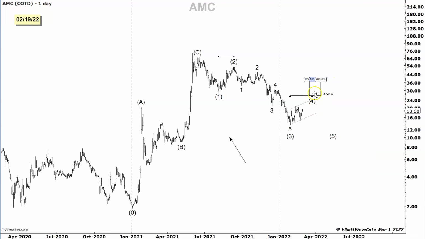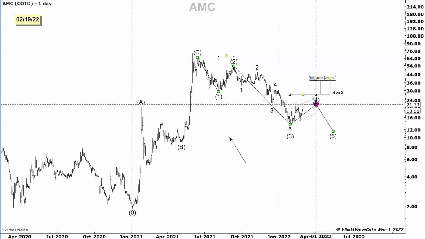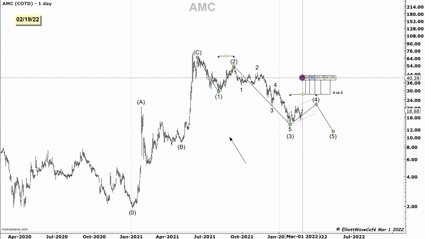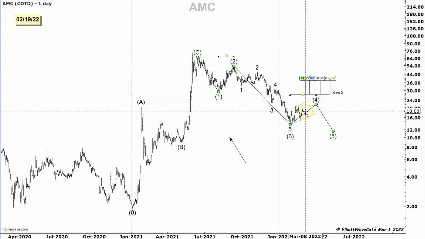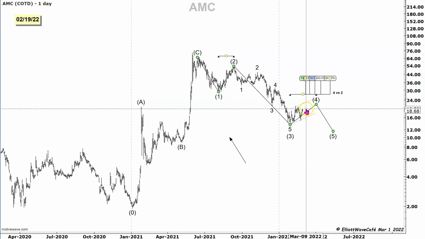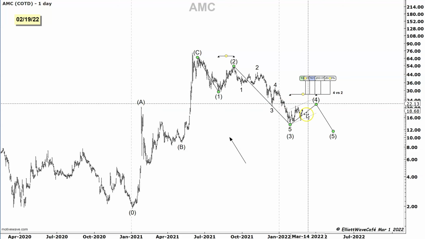So this is where, right here, and I can pull a date, about, let's see here, in March 31st, around the end of this month, wave 4 would have traveled about 161.8 multiple of the wave 2 in terms of time. Equality actually comes pretty soon, so this is 100% right there, about March 8th. So about another week of sideways price action in AMC, then you're going to have